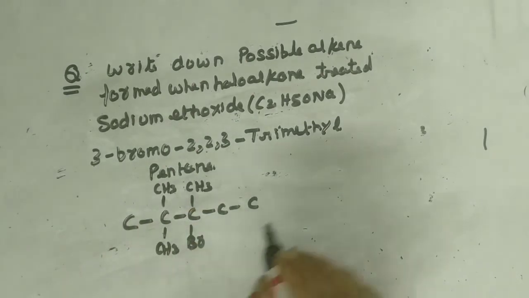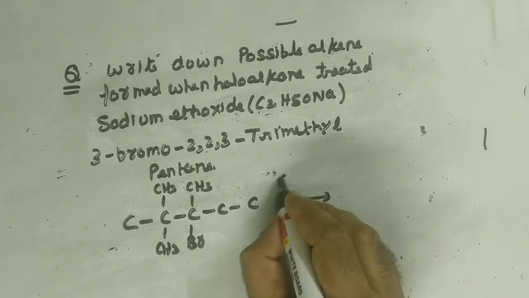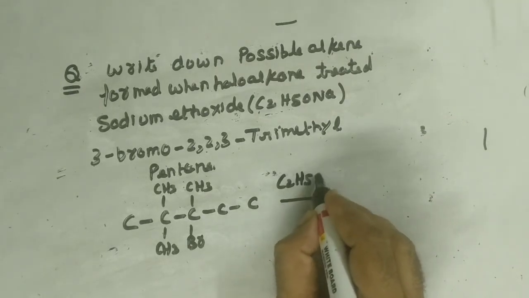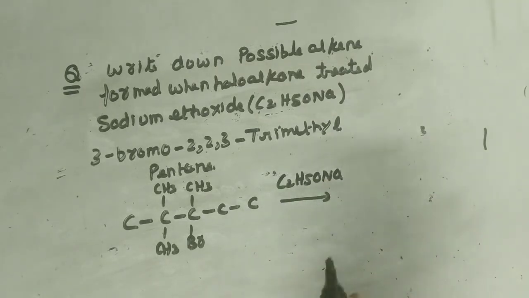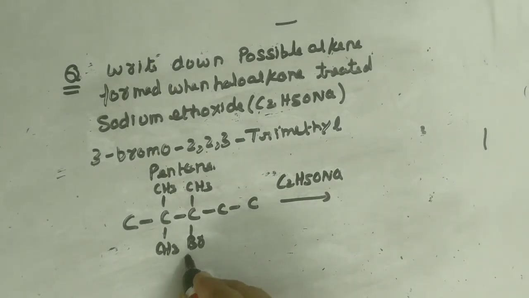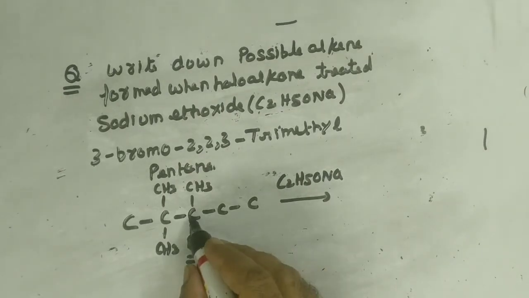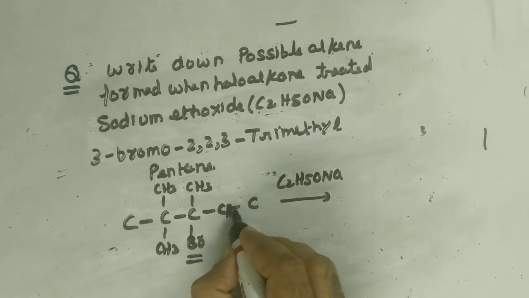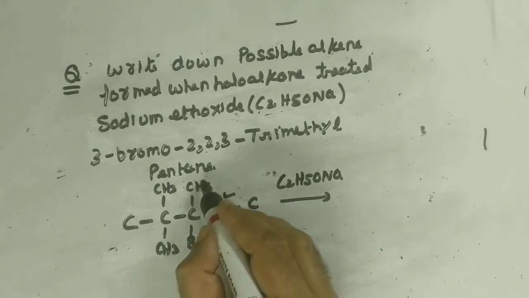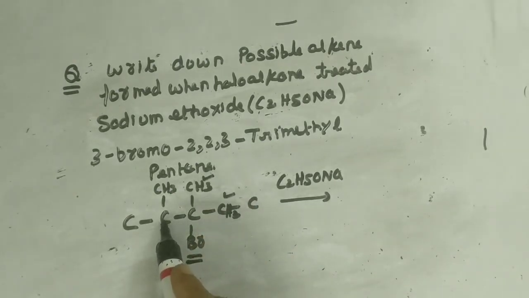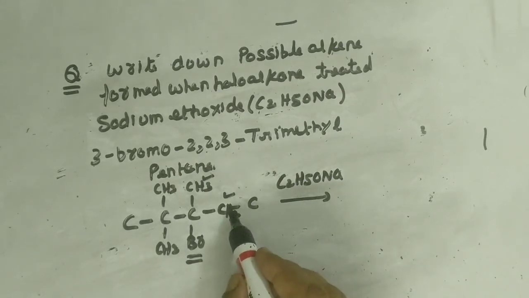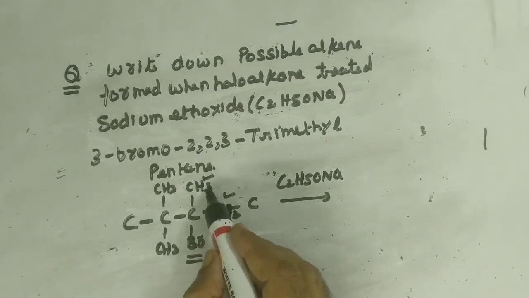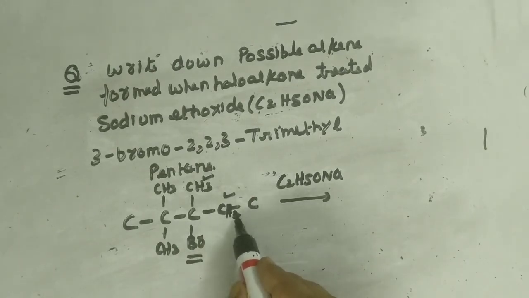We are reacting with sodium ethoxide. What is sodium ethoxide? C2H5ONa. What does it do? It removes halogen and hydrogen. Now again a silly question, from which carbon will the halogen be removed? It will be removed from this carbon. This is the only carbon having a halogen. Adjacent to this carbon, this is the carbon with 2 hydrogens. This is also adjacent but doesn't have a hydrogen. So you can't remove hydrogen from here. So either you can remove from here or you can remove from here. This is 3 and this is 2. So mainly it will go from here and you will have a double bond over here.